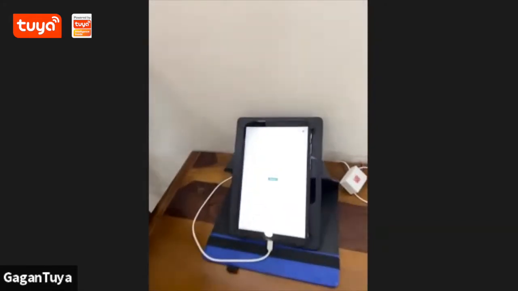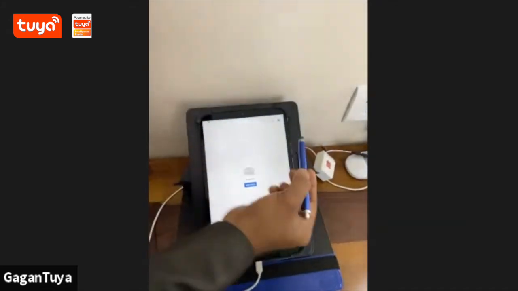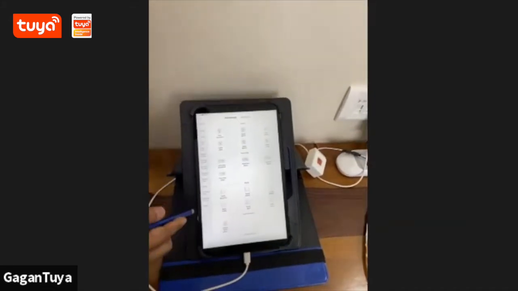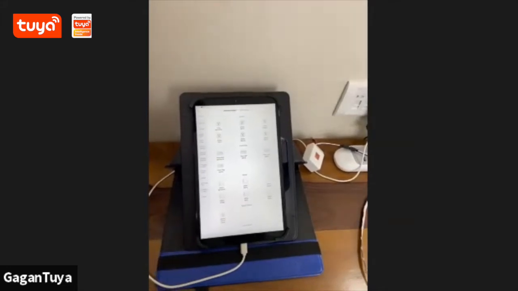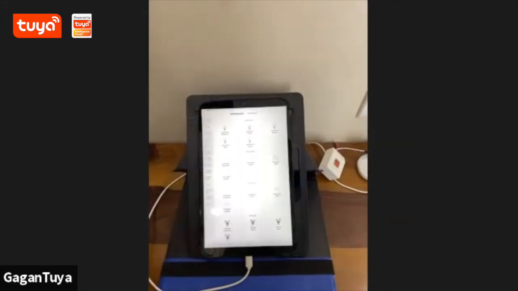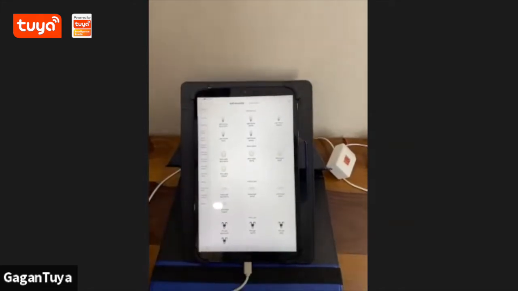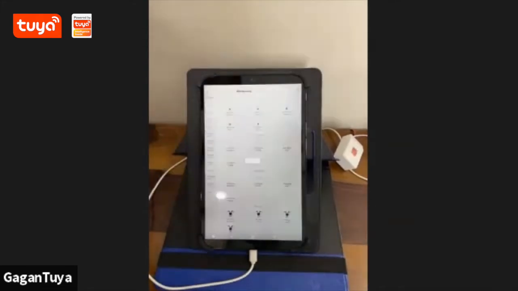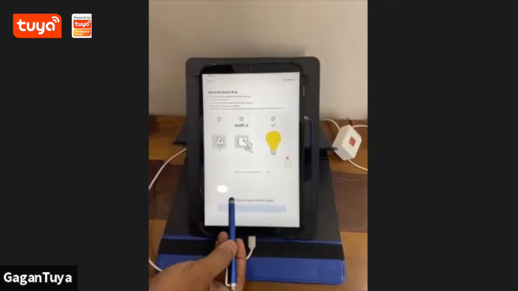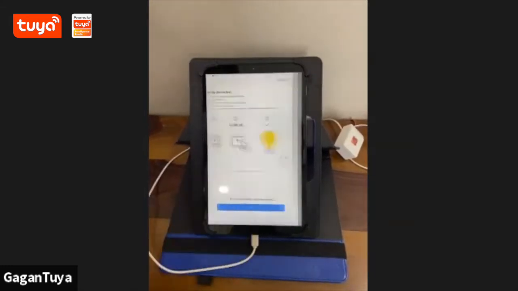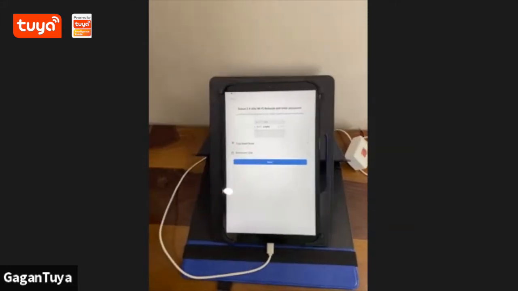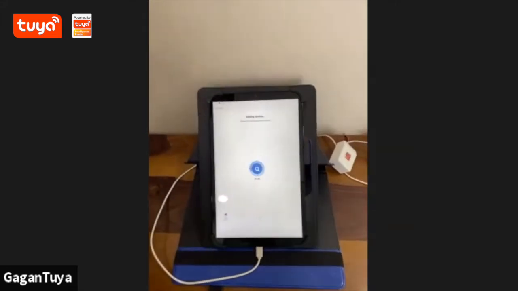Here on the top right hand corner, there is a plus button. We have to click on that to add the device. Here you can see different categories, out of which you have to select one particular category for your device. After that, you have to select the protocol. Now we are going to click on Wi-Fi plus BLE. We have to confirm that the light is blinking. Yes, so let's select that and click on the next button. Then we have to give the SSID of the router in the app. Click on the next button.